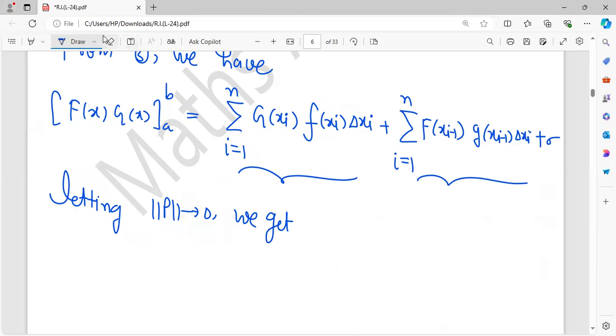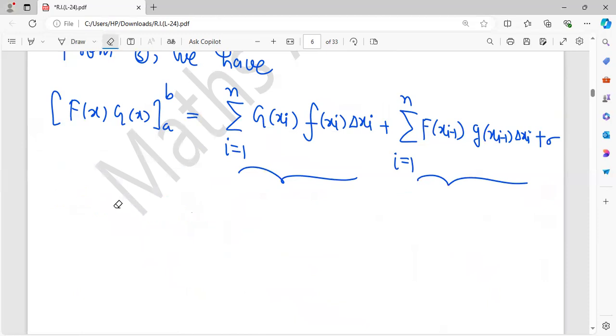Because capital F and G are continuous functions, and small f and small g are Riemann integrable functions, and continuous functions are Riemann integrable, we get their product is Riemann integrable since f, g are Riemann integrable,